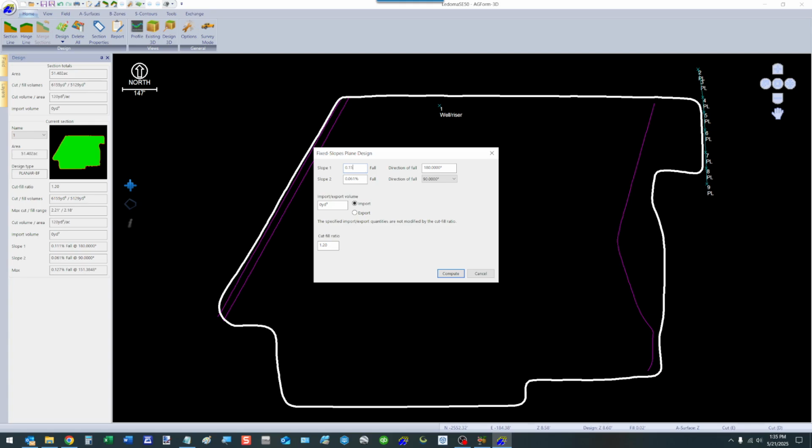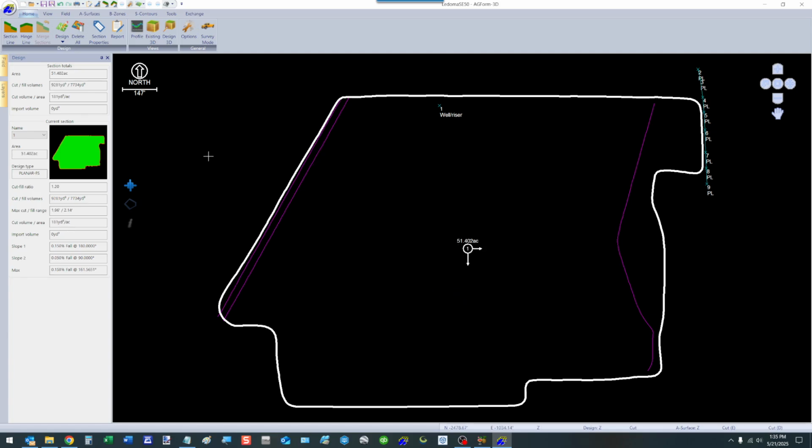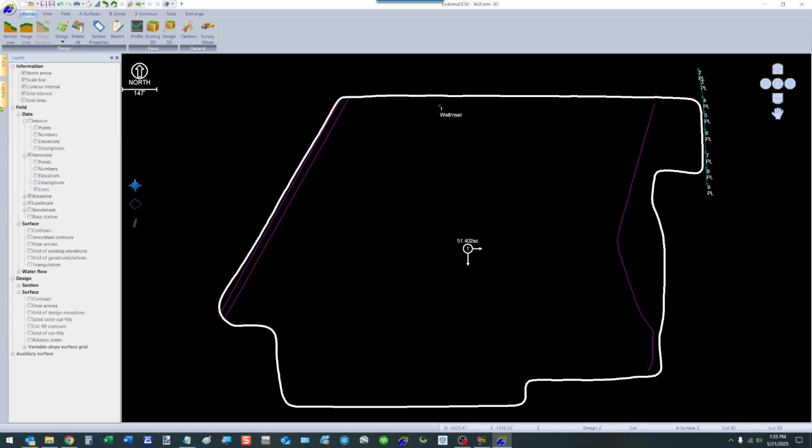0.15%, and we want 0.05, and then we won't do any import or export till we measure around the field, and we just hit compute. Now that changes to 181 yards to the acre. And if we turn our cut fill back on,